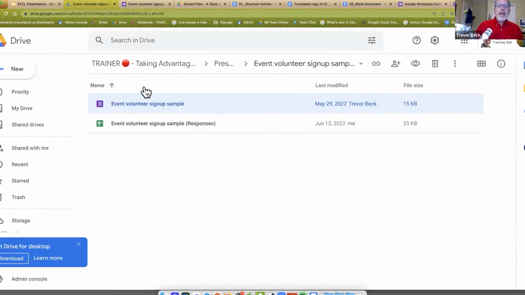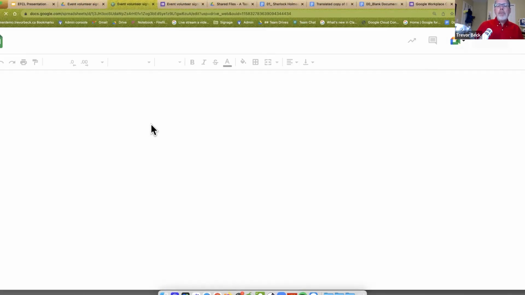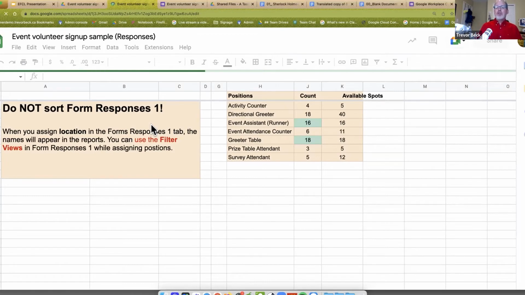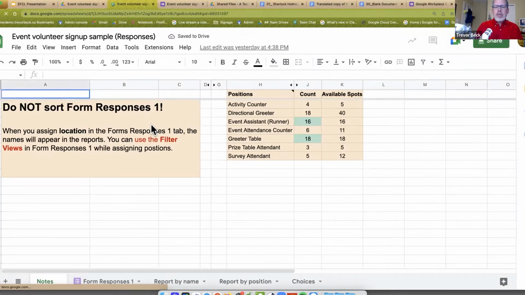The beauty of this is the form then gets populated directly into a spreadsheet. Now, I know you're going to go, oh, this is going to be so complicated, I hate rows and columns, but really it's not. I've got a resource later on of some videos that I've created over time that'll show you how to do all this stuff. And it's so easy to do. It's just a matter of getting familiar with a spreadsheet and what you can do with it.